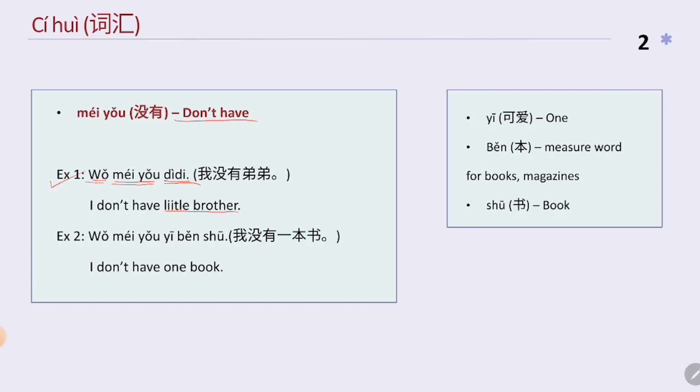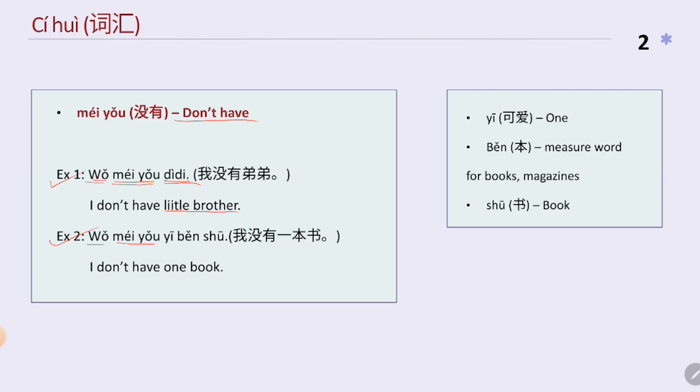If you don't have an elder brother, you can say 我没有哥哥。If you don't have a big sister, you can say 我没有姐姐。And you can also say 我没有妹妹。